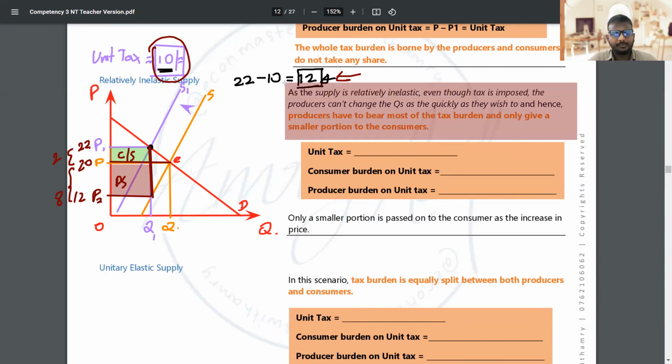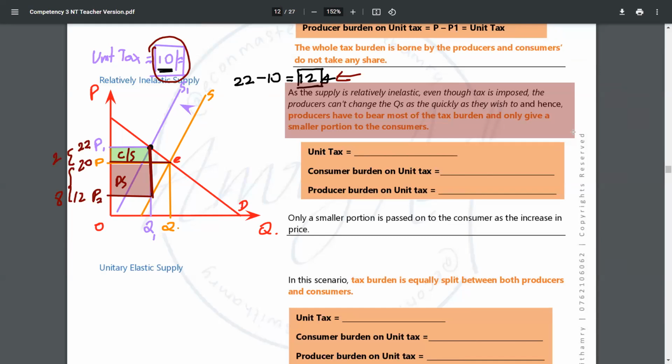As the supply is relatively inelastic, even though tax is imposed, the producers can't change their supply as quickly as they wish to. Hence, producers have to bear most of the tax burden and only give a smaller portion to the consumers. One example I can give is, think about a tax put on tomato farmers, the producers. When the tax is imposed, the producers of these tomatoes can't reduce their supply because it's a naturally